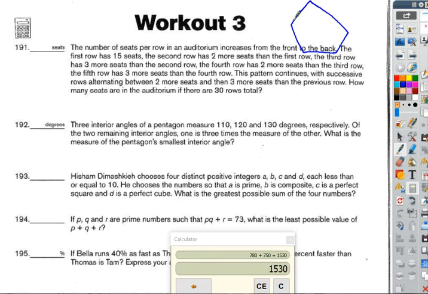All right, and so we have 110, 120, and 130. And the other 2 measures, one is 3 times the measure of the other. So if this is x, this is going to be 3x. So that means 4x plus, and I add all these together, and that's going to be 360, is equal to,